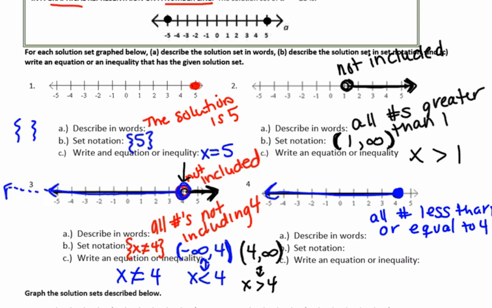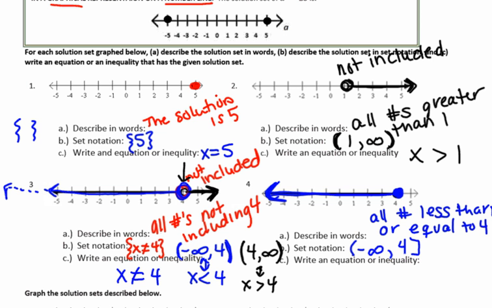going from left to right on our number line, where does this set start? Well, because it's starting down here way in the negative direction, we're going to say that this set starts at negative infinity. Then we need to find out, where does it end? It ends at 4. And that 4 is included in the set, so I need to use a square bracket,